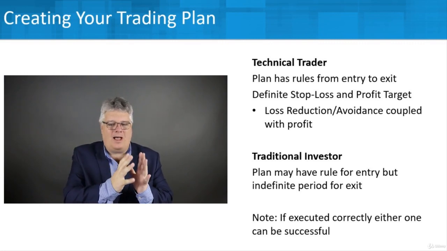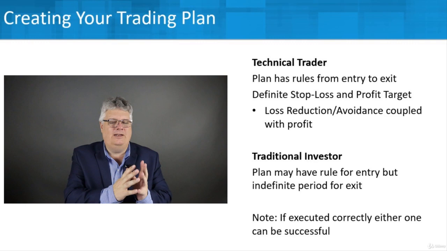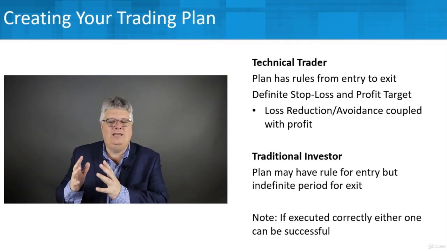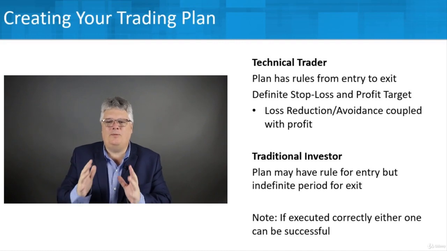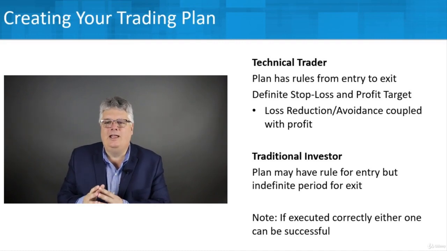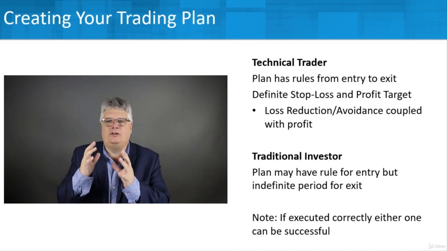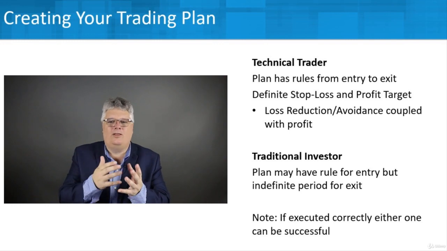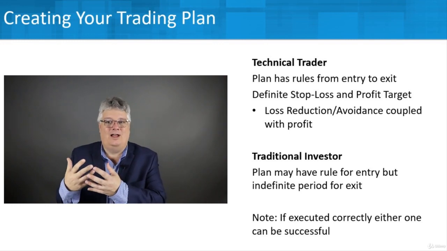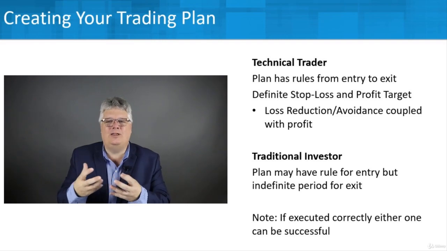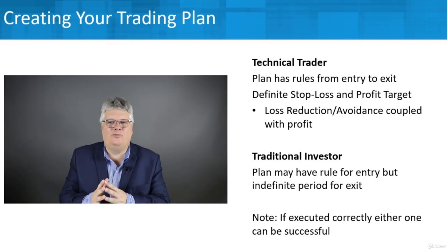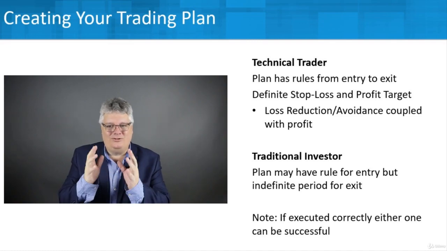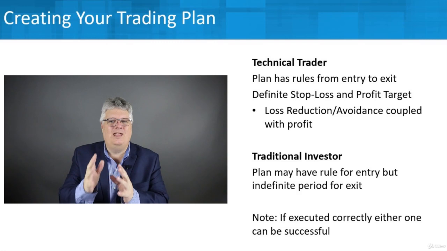When you're going to buy something, you've got rules that help you with that and indicators you're going to use. And when you exit or sell, you've got rules and conditions that need to be met to do that as well. So you have a definite plan around entry and exit. And you'll use things like stop losses and targeting profit levels and all that. And so you're coupling that loss reduction and avoidance with profit, right? So you're actively trying to manage through that and using that in a real technical, dispassionate, unemotional way, certainly. And you're looking at what the charts and the indicators tell you, and then you're reacting